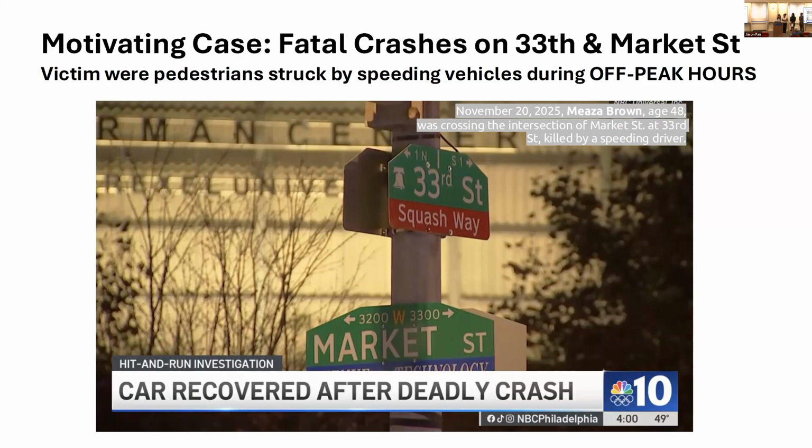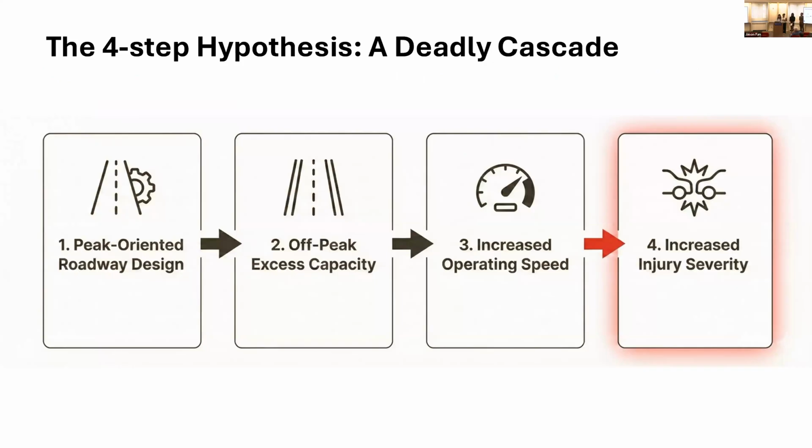How can we use the spatial data to proactively predict these high-risk off-peak corridors before more tragedies occur? And our entire predicted model is driven by a 4-step hypothesis. First, the peak-oriented roadway design, just built wide for the volume of the traffic. And second, during off-peak hours, this creates a massive excess capacity. And this wide empty road just becomes a racetrack and